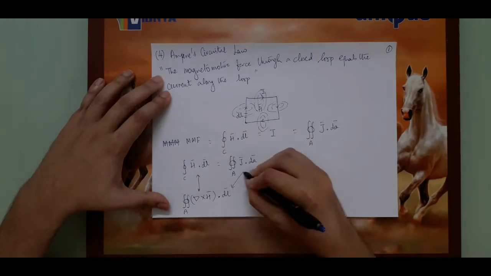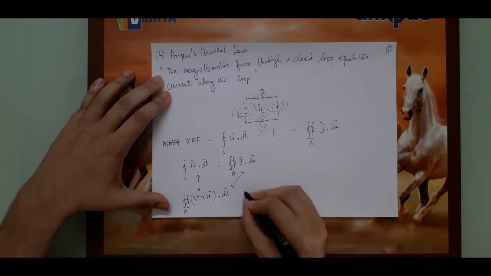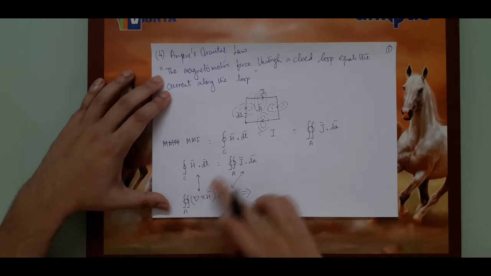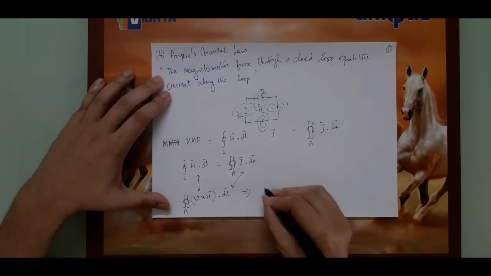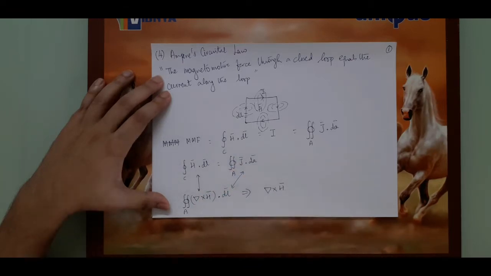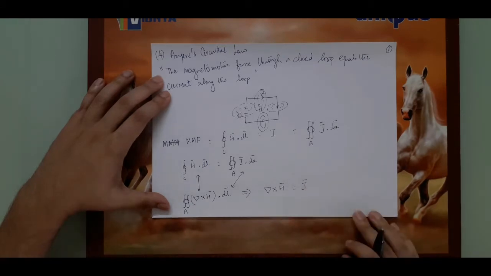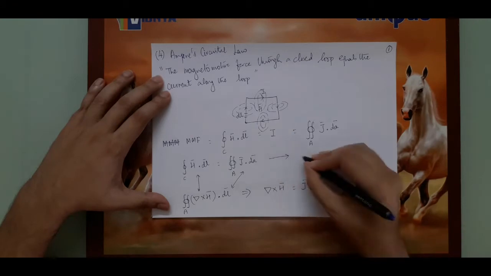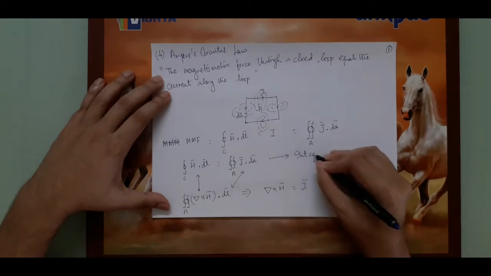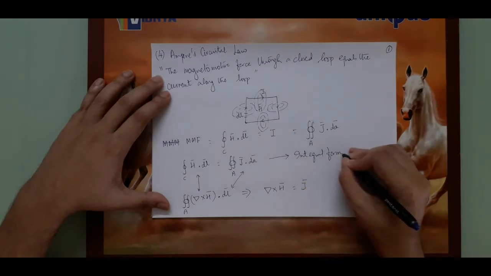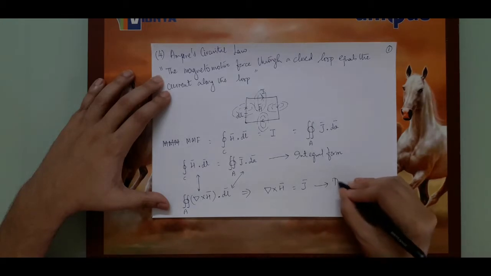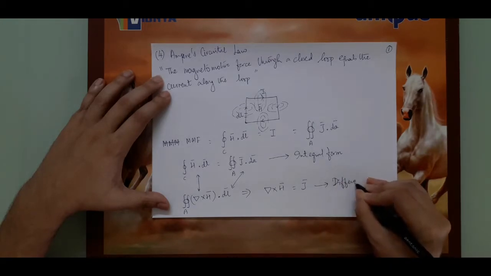And this should be equal to this integral. So what it means is, if I can just correlate these two, the curl of the magnetic field is nothing but the current density. So this is called the integral form, and this is called the differential form